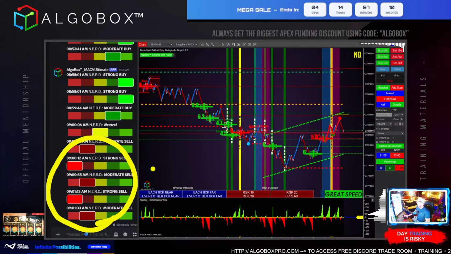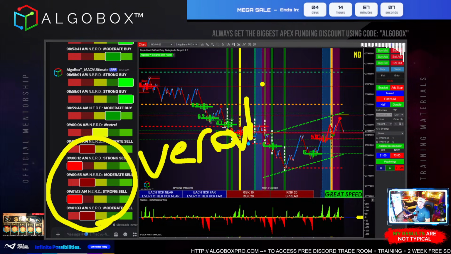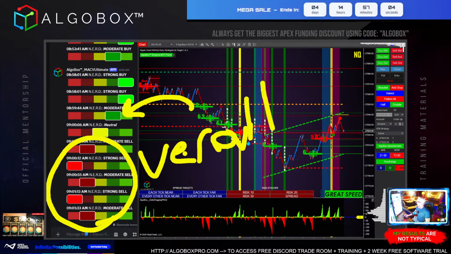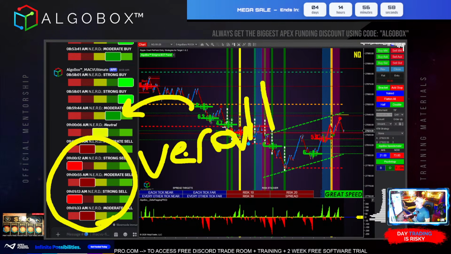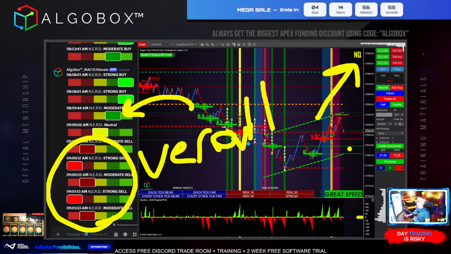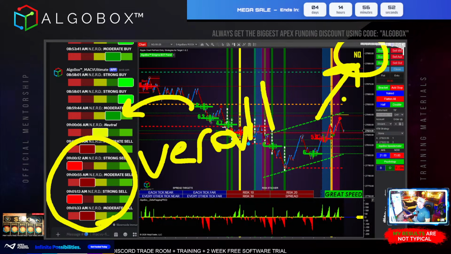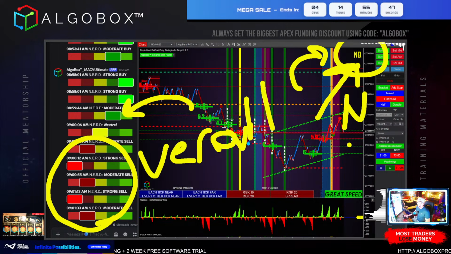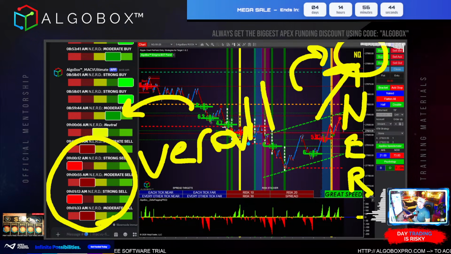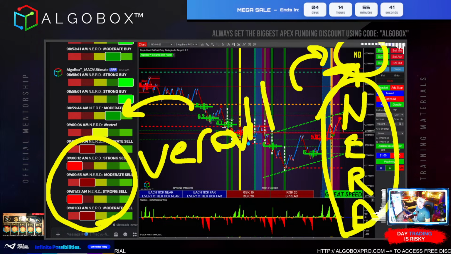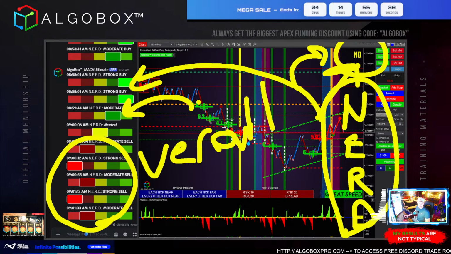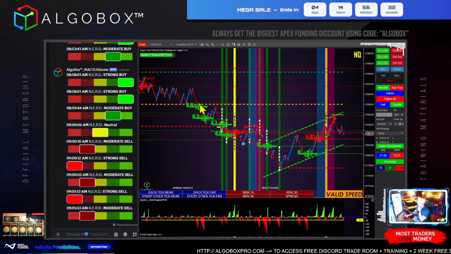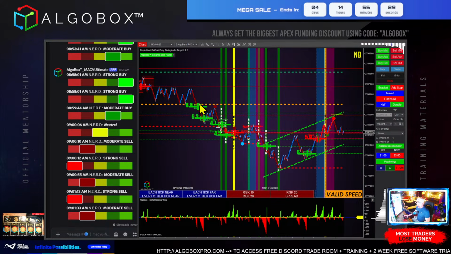Speaking of the overall, this is going to be the overall. This is going to be the NASDAQ, the ES, the RTY, and the Dow. These are correlated instruments to the instruments that we're trading. If I'm trading NQ, I want to know what his buddies are going to do and what they're currently doing. So there's the NQ, and then we have the ES, the RTY, and the Dow, which rounds out the nerd. When you hear me refer to the nerd direction, that's going to be the overall. So hopefully that answers your question, Mr. Brahma. All right.